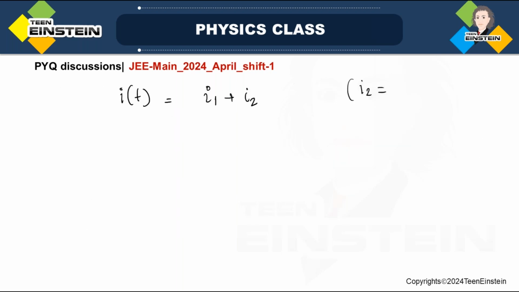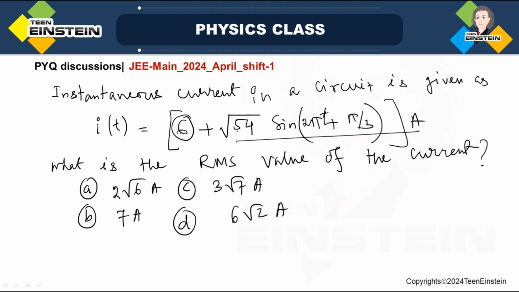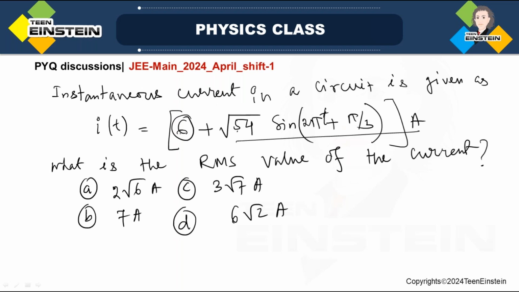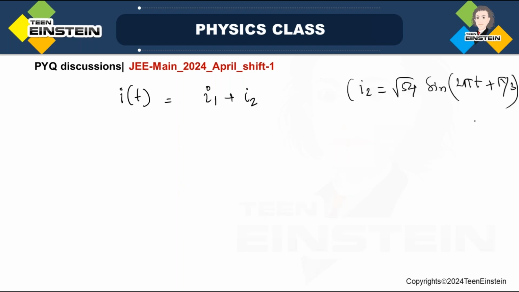square root of 54 sine(2 pi t plus pi by 3) ampere. Okay, this is I2, right? So in this case, I RMS is